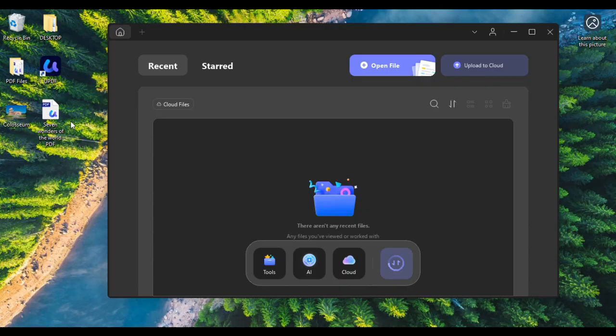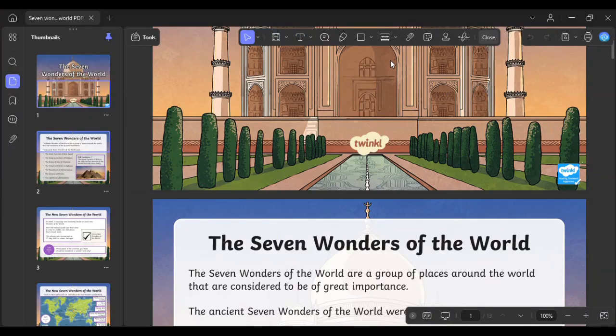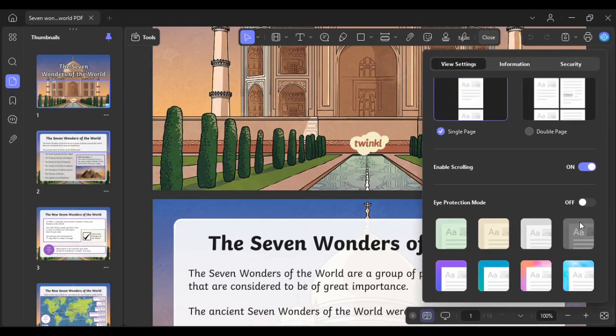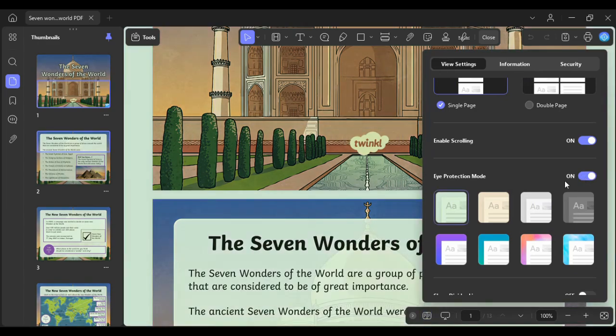Okay, let me show you some of the features of UPDF 2.0. Opening a file is super easy. All you have to do is double click on your file, or you also have the option to just drag and drop it here on the window. With UPDF 2.0, we now have a simpler and more stylish UI compared with the old UPDF. The entire UI looks clean and the button layout feels more intuitive. The new interface is not confusing because what you see is what you get. UPDF 2.0 also gives us more customization options. We can switch toolbars and personalize skins by choosing from a bunch of color options here.